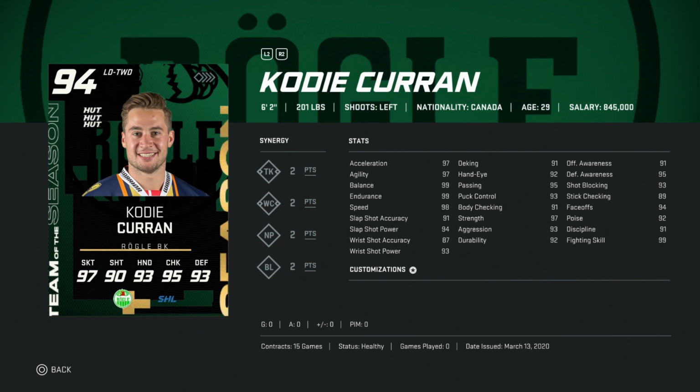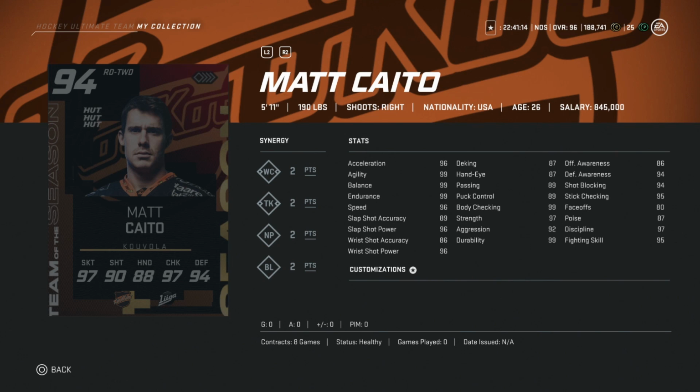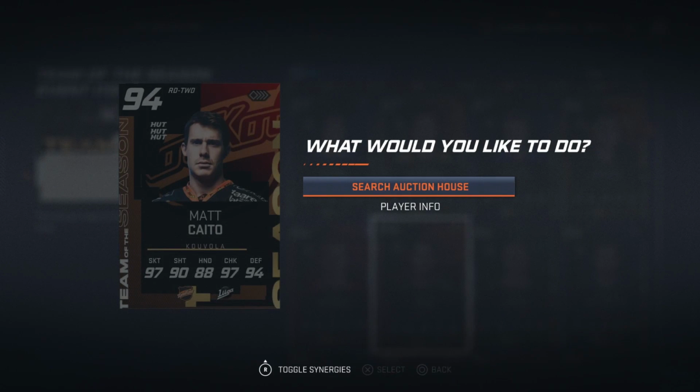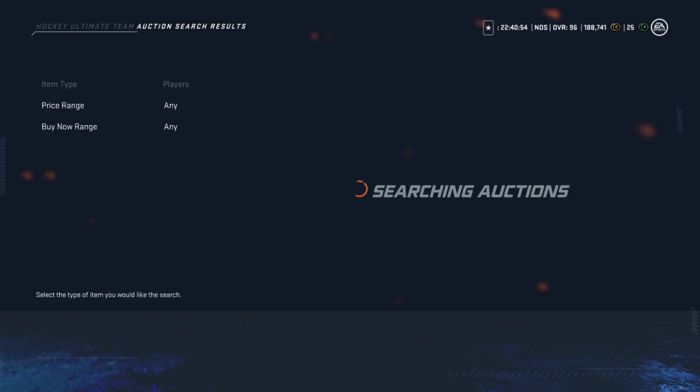Next up, we've got the 94 overall Matt Cato, 5'11", 96 speed acceleration, 99 agility, balance, and endurance. Slap shot power at 96, accuracy at 89, very good shot. Hand stats at the high 90s, but the body checking of 99 makes me a little bit more interested. His offensive awareness is only 86, but his defensive awareness at 94 makes it very good. This might not be a bad option either. I have a feeling that he won't be that expensive because he's shorter. If he's in the 200s...